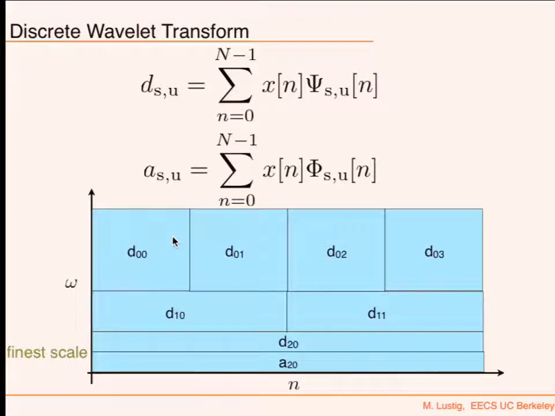Okay. So we're going to have this decomposition where, remember that now the size of the boxes are going to be different. For the high frequency, we'd like better resolution in the time domain, but at a trade-off of resolution in the frequency. So our boxes are going to be more narrow. As we go for lower and lower frequency, we're going to extend our time uncertainty, and improve the frequency resolution.